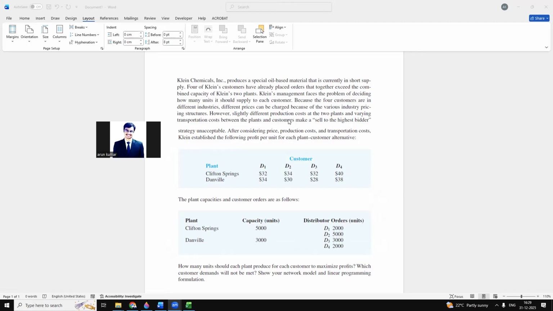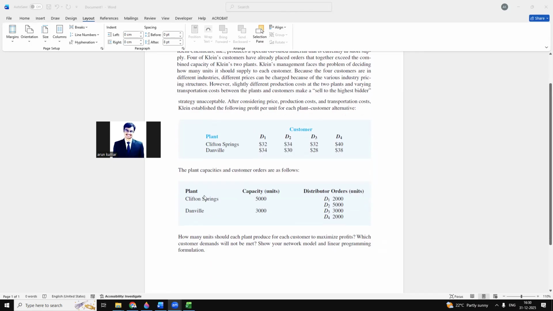So here in this question, they provided a table, and in this table, we have a plant column where we have two plants, Clifton Springs and Danville, and we have customers D1, D2, D3, and D4. Then we have another table for customers. Here we have a plant column, and then the capacity of both the plants, and then the distributed orders,